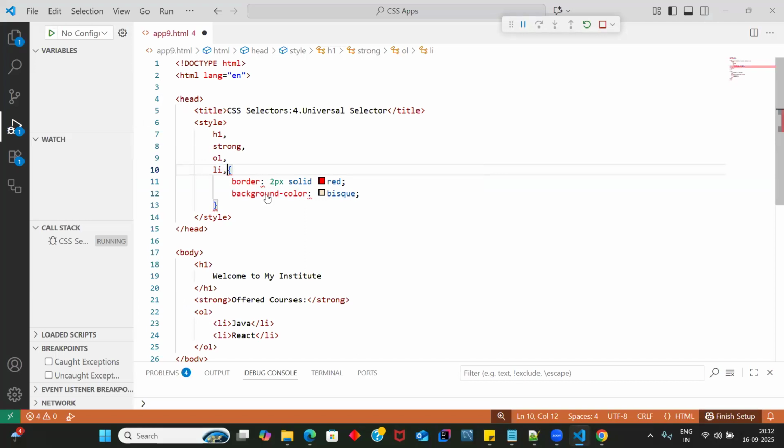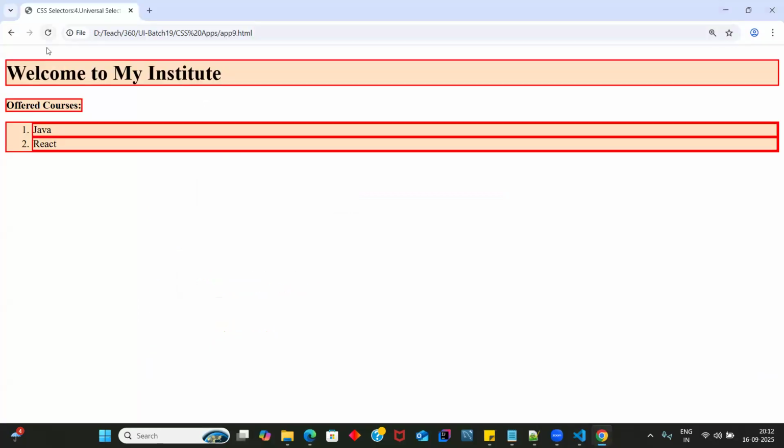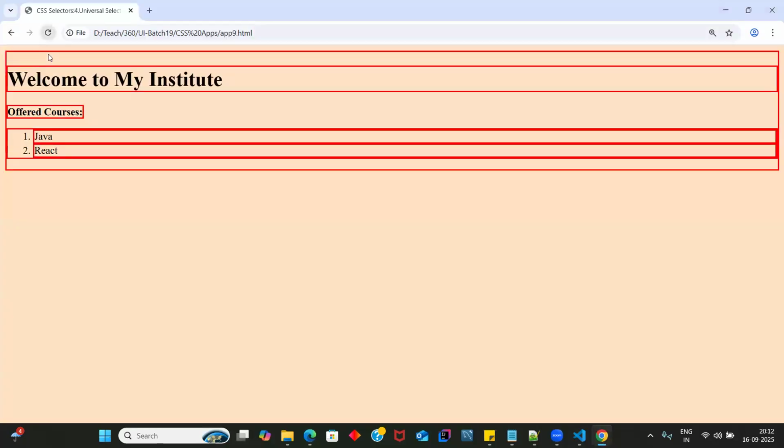Just now we discussed. Guys, I'm audible, right? Yes, sir. Okay, fine. So now if you see, guys, for the entire body, the background color is